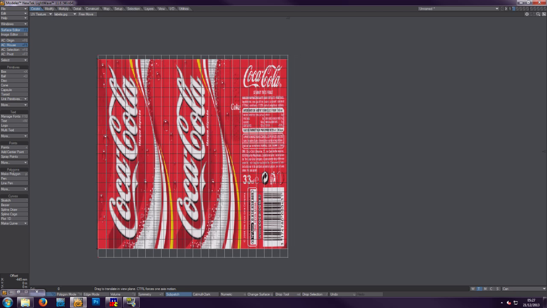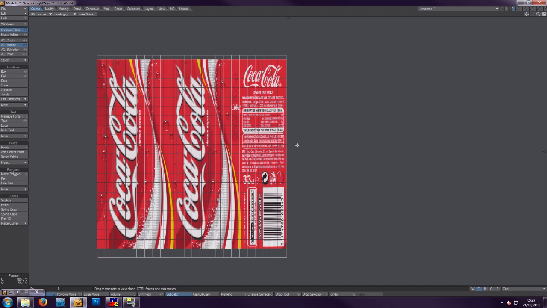But for neatness, so like if you was doing a road, you only need a small section of tarmac with a couple of white lines on it down the middle, and you create a long strip of road. When you say create the UV map, it'll cram it all into there. The width will match there, but the length, like this, which is supposed to be long and thin, the width will match to there. So what you can then do, using stretch, because all the standard translation tools, move, stretch and rotate, they all work in the UV map as well, as long as you do it in the UV map window. But if you stretch that